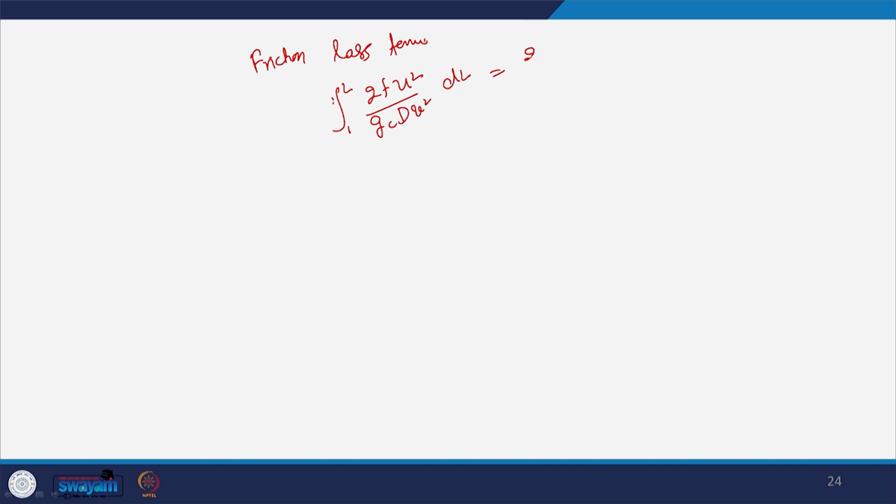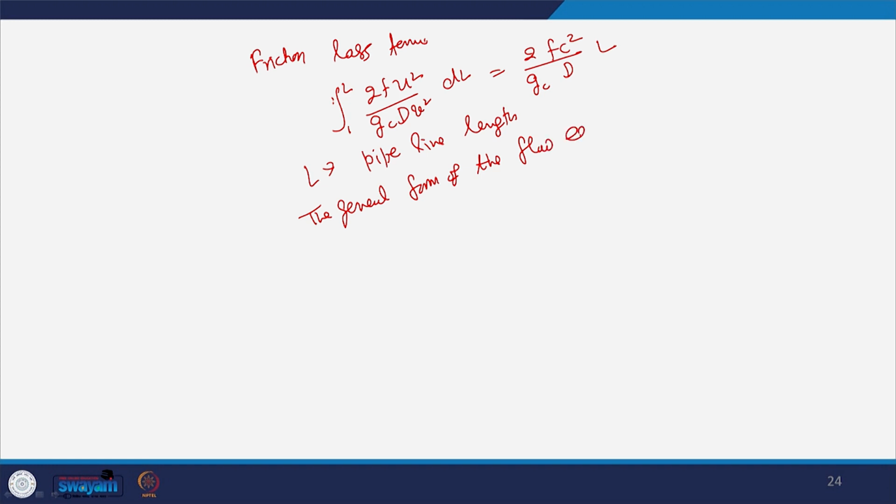This is equal to 2f u square upon gc d times dl, where L is the pipeline length. So the general form of the flow equation